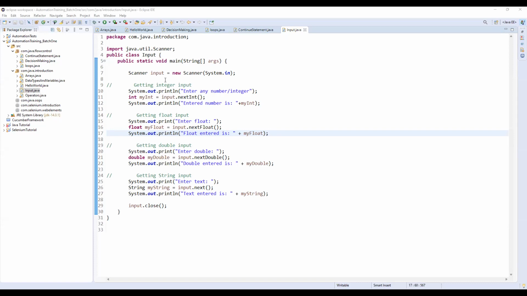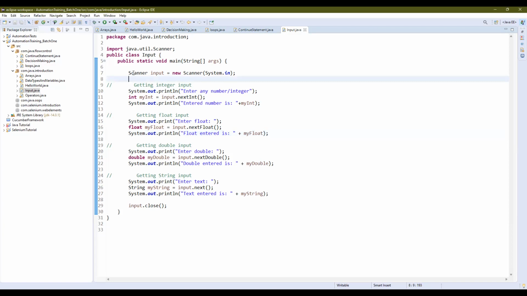As you can see, I have created one sample Java file, Input.java, and in that, at line number 6, I have created one object of the Scanner class, which is named input, right?